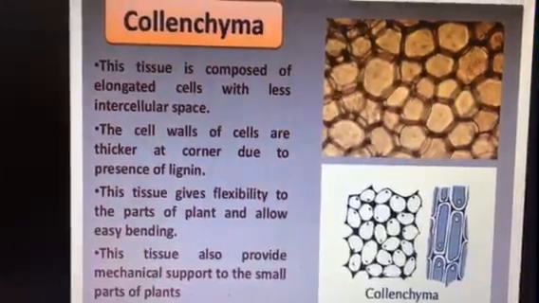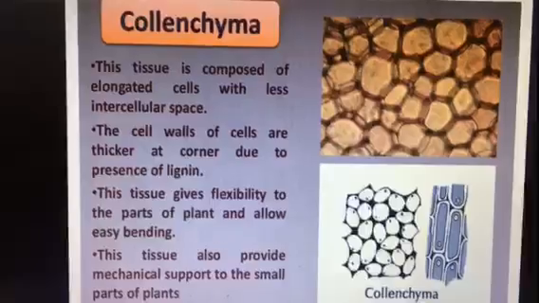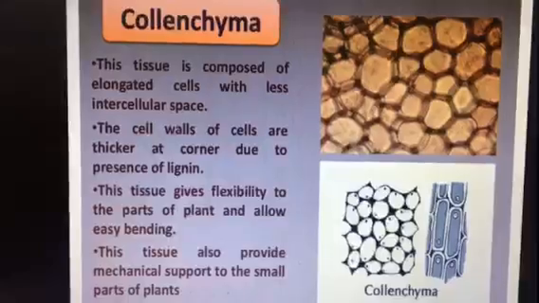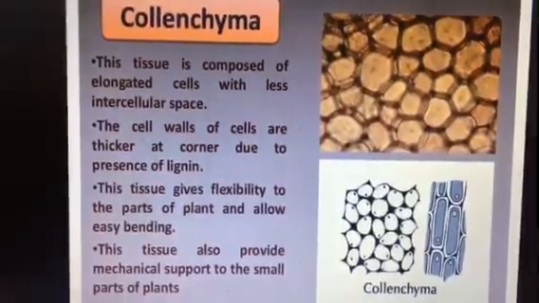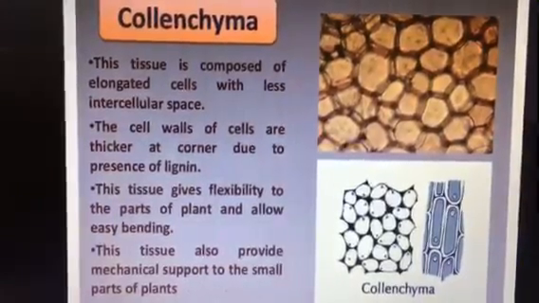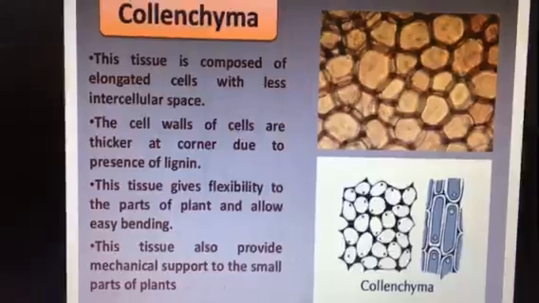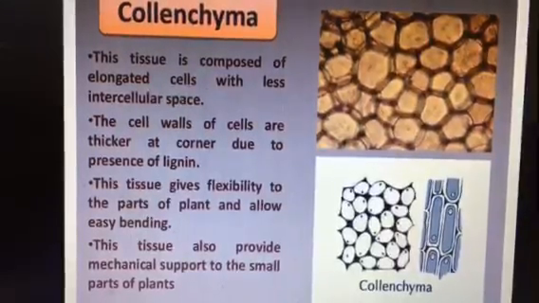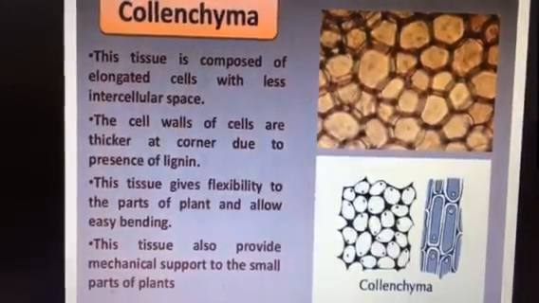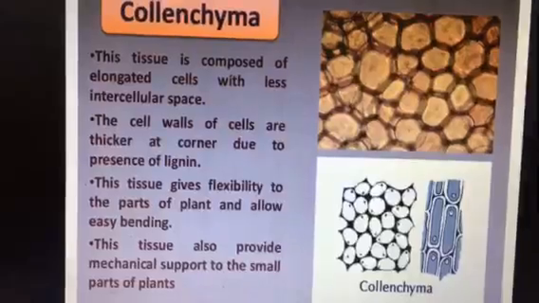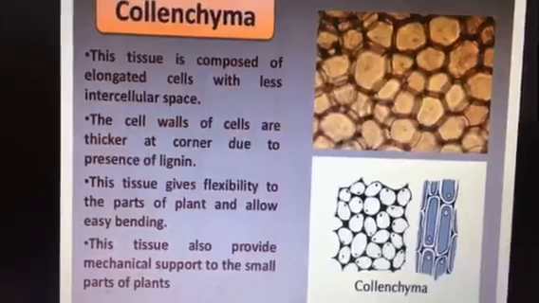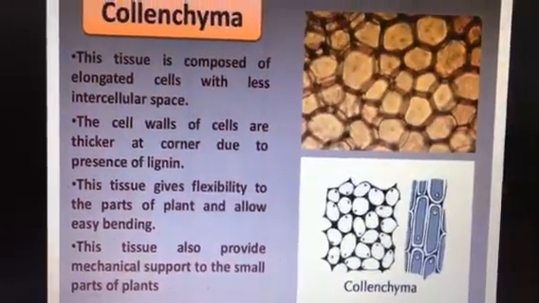They are absent in monocots because most monocots develop sclerenchyma tissue in their early development, and it provides more mechanical support than collenchyma. So that's why, children, there is no need of collenchyma tissue in monocots. Its main important function is to provide mechanical support to young dicot stems. It is flexible so that it can resist bending and stretching caused by winds.